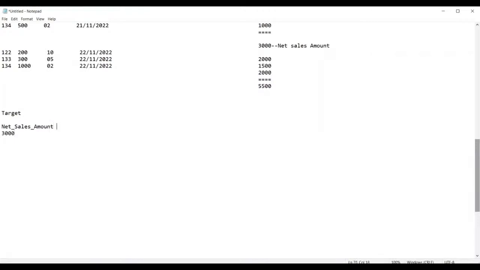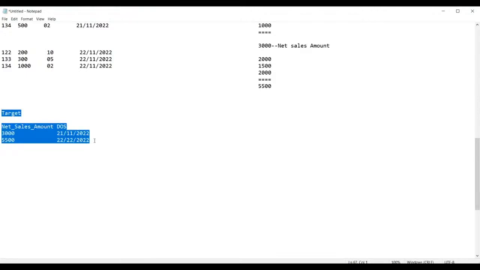I'm declaring one more column here, that is date of sales. It is 21/11/2022. And then we have 5500, and it is on 22/11/2022. Now, guys, this particular thing is called the output.